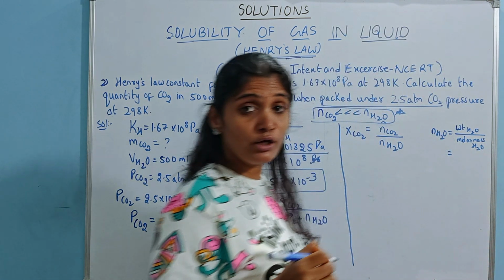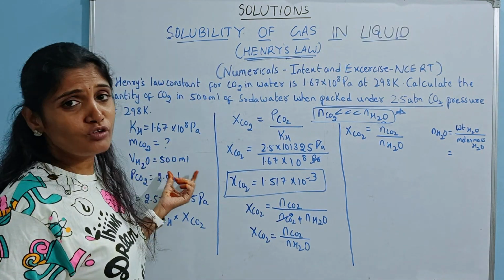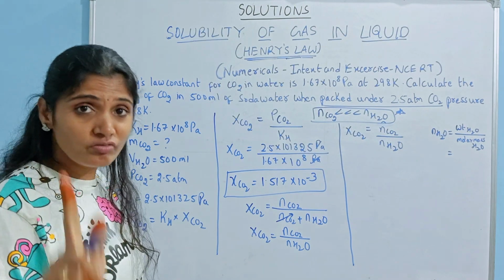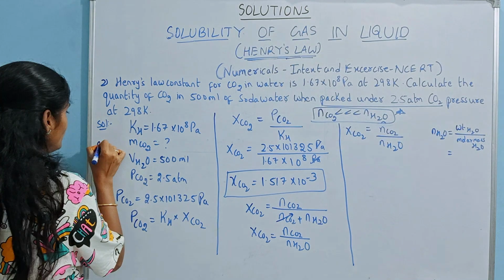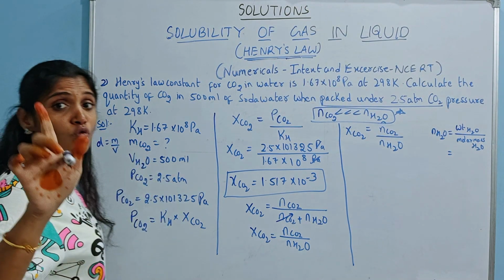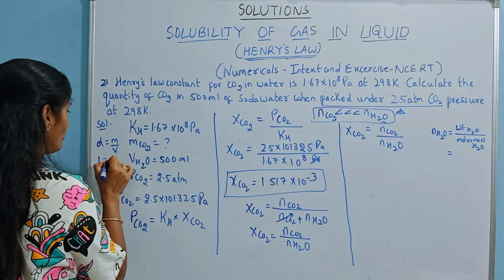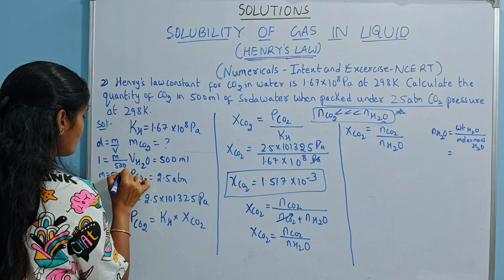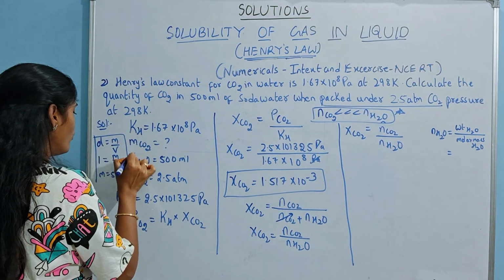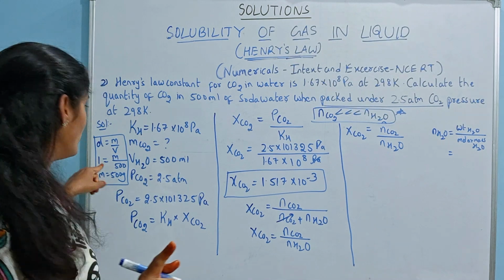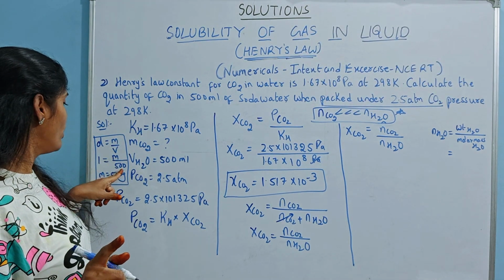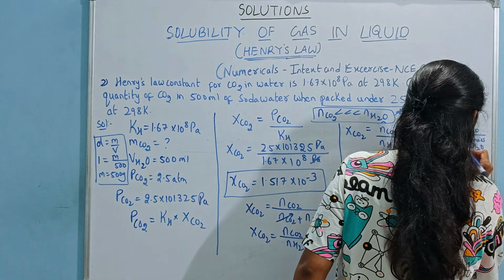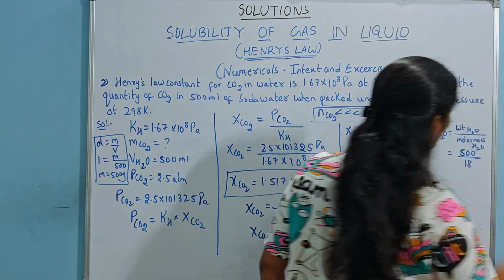Now, do I have the mass of water? I don't have the mass of water, but I have the volume of water. You people know the density of water is 1. Density is equal to mass by volume. So density 1 is equal to m by 500 ml. So mass will come to how much? 500 grams, because the density of water is 1. So here I got my weight of water to be 500 grams,